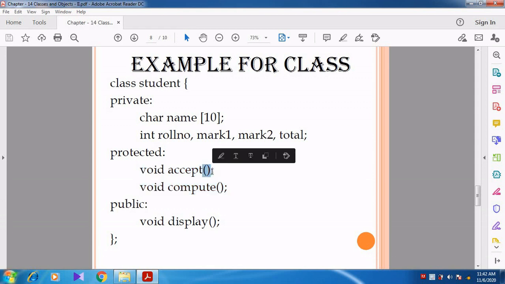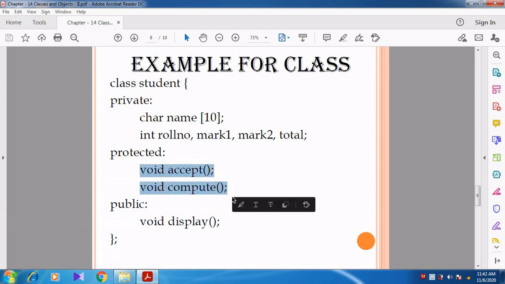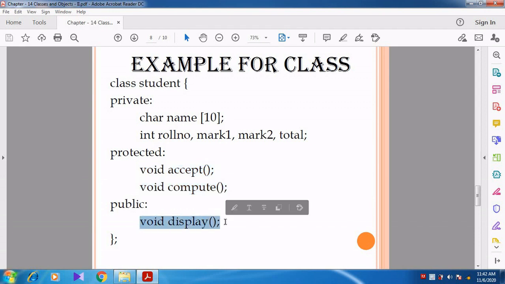Whenever it contains parentheses, that is called a function, and inside the class it is called a member function. Can you understand, students? So two member functions are declared under protected. Then see the next member function, void display, that comes under public.